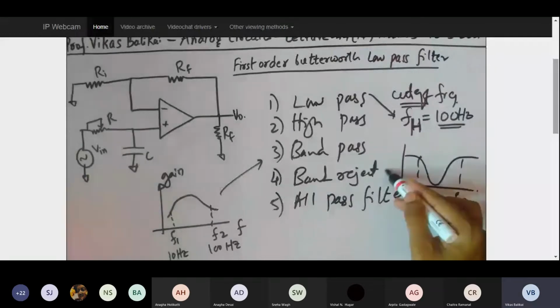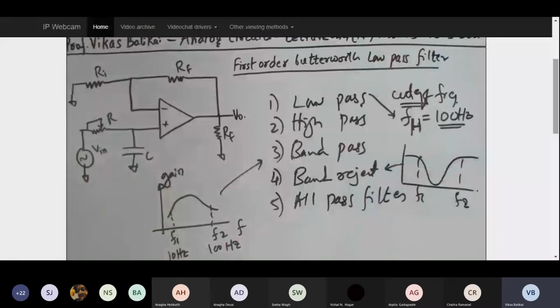And what about all pass filter? All pass filter is nothing but one which is going to pass every signal through it. Specifically, we don't require the design of a filter which passes all signals, but still we design a filter to pass the frequencies through, because that will help us ensure the loading effect is avoided. Again, loading effect, just remember, is a kind of phenomenon which we often find when we use complex circuitry. That understanding of loading effect, I'll be taking up some time in the subsequent lecture.